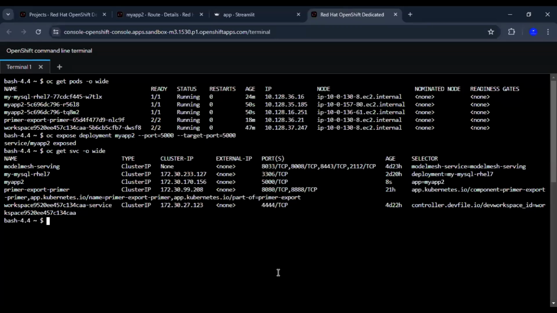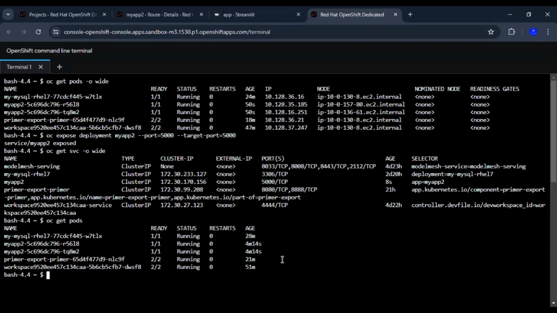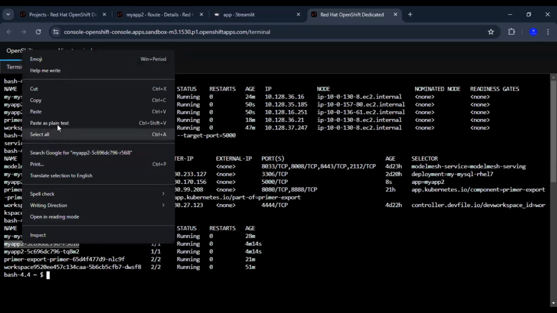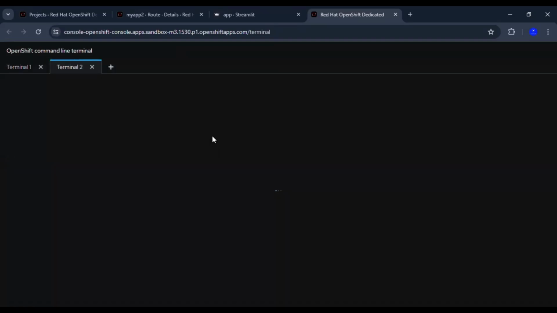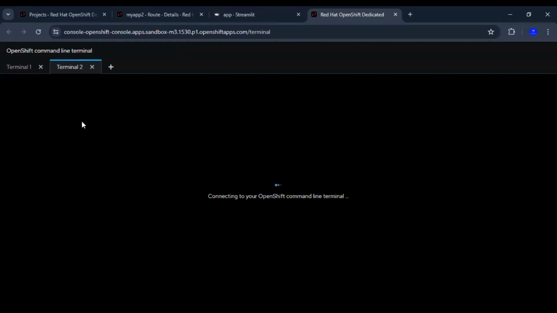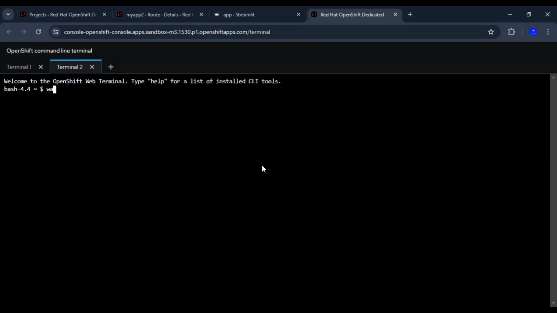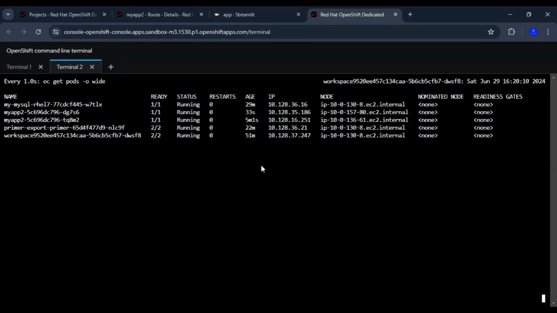Now what we will do, we will see our pods, and this time we are going to delete one of the pods. Okay, so let me copy this one and we can say delete pod and the pod name. And if we do so, the pod is deleted. But let me go to another terminal and verify which pods are running at this moment. All right, so let me watch this. get pods minus o wide, and we can see